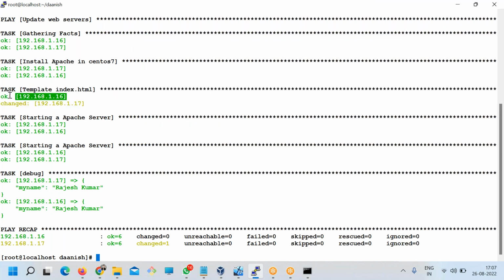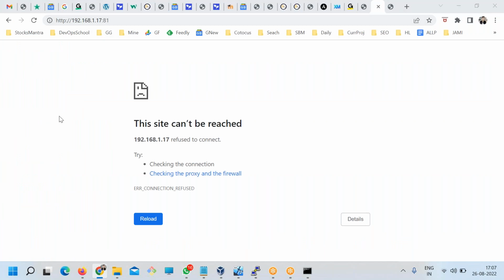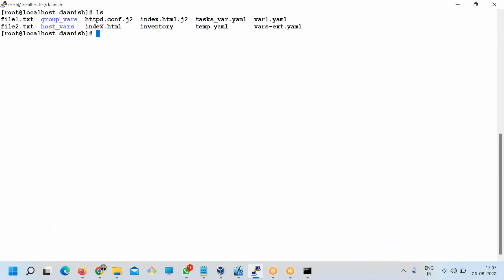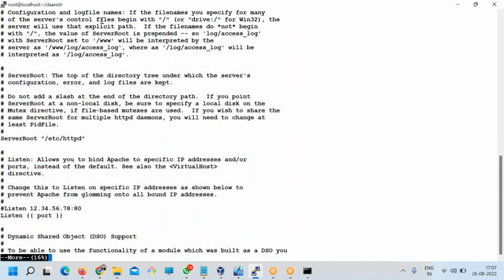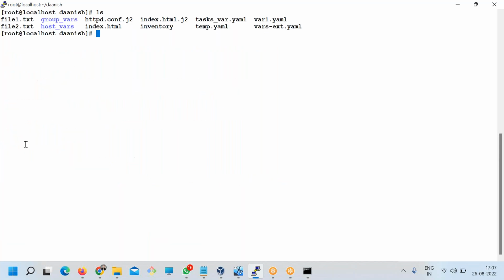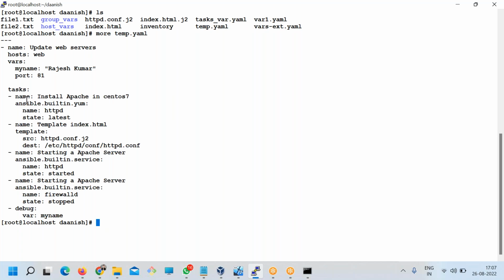This is okay. Okay means no change. Okay, there is a problem. So let me see the code. There is a problem in that code. So the logic is this file and listen port number. Okay, port. I'm just checking that more temp and port